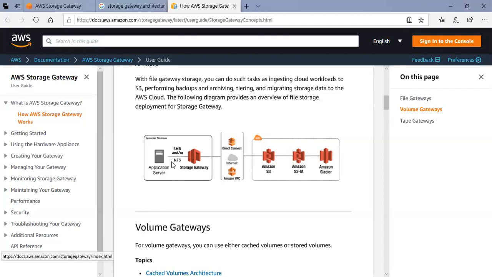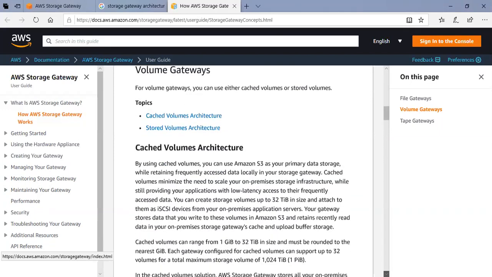In such use cases, what happens? The log file path can be denoted to the storage gateway path, and the gateway path will take those respective data from your application server to the respective component which is sitting in AWS. It could be S3, or it could be S3 IA, or it could be Glacier. Got it, Senthil? Right, now you are able to follow through? Yeah, now I've got it.